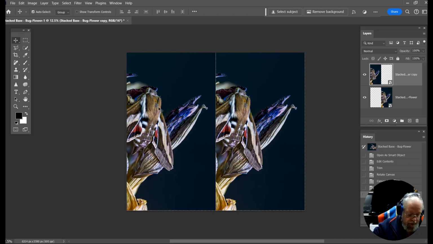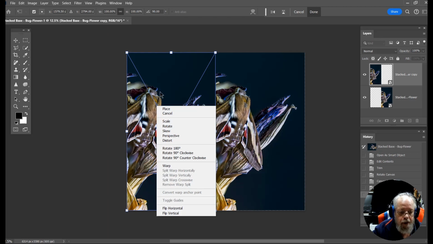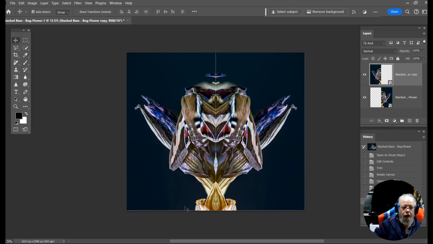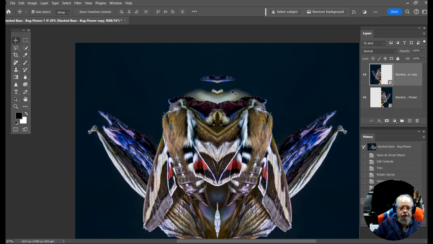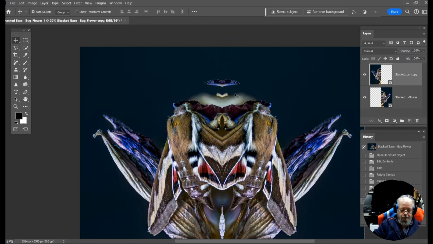Click on it, Control T, open up your free transform tool, right click, flip horizontal, enter. And you can see we've created our new mirror image. We zoom in a little bit, that line disappears. Zoom back out,